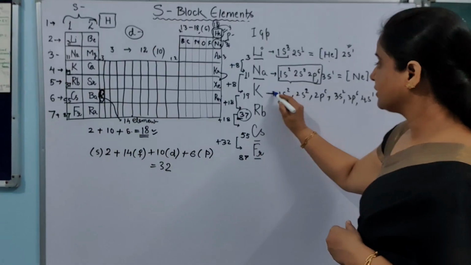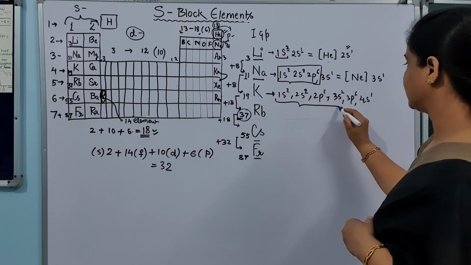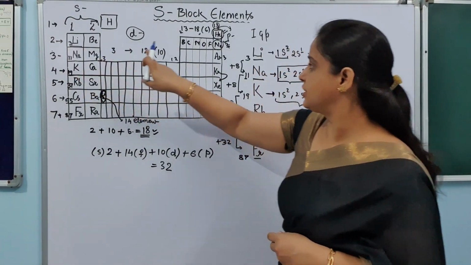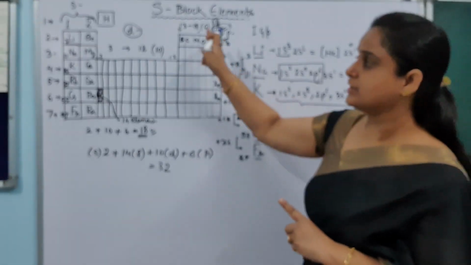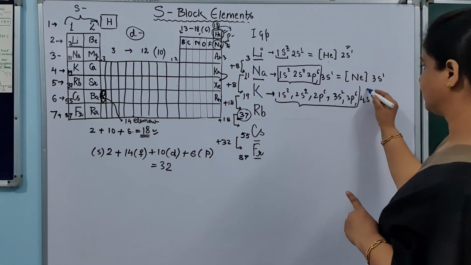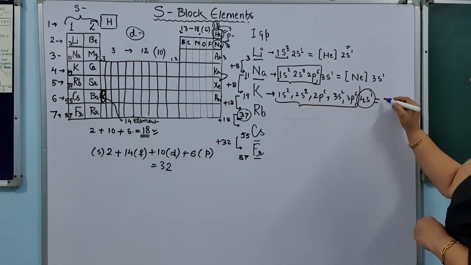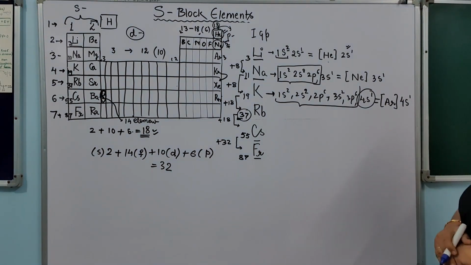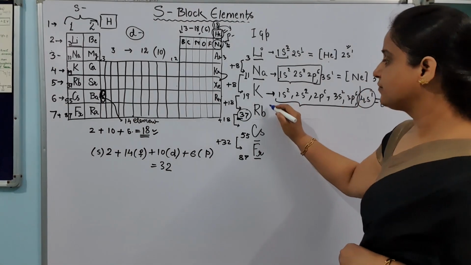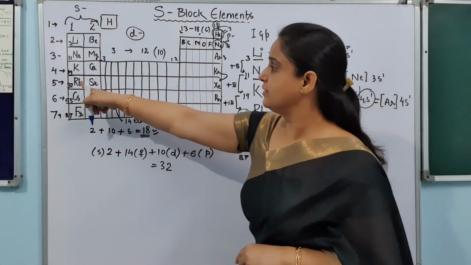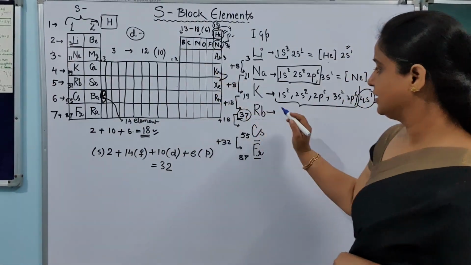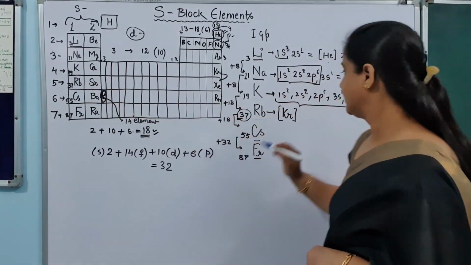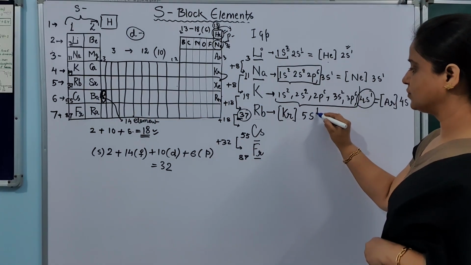For writing down potassium, we need to complete the element before potassium, and before potassium we have argon. So argon completed, potassium's fourth shell started. The fourth shell is this one. So I can write this configuration as argon completed, and in the fourth shell's s, 1 electron. This way, if I have to write down rubidium, before rubidium we have to complete the octet of krypton. So this is krypton completed, and then we have to start the fifth shell, and in the fifth shell's s there is 1 electron.